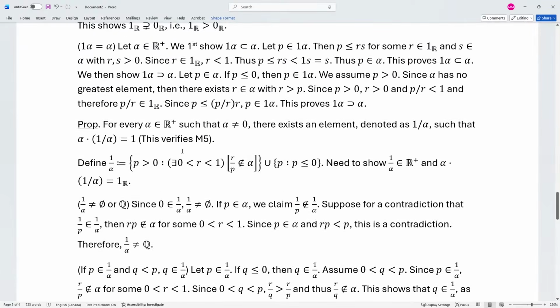A contradiction of what? So it contains 0. We know that it contains 0. Why must it contain a positive then? If it contains no positive, then